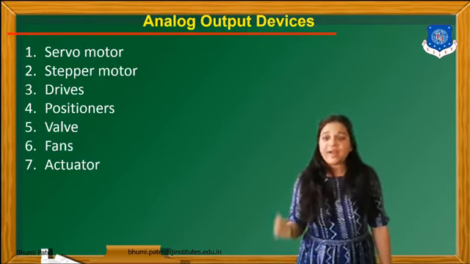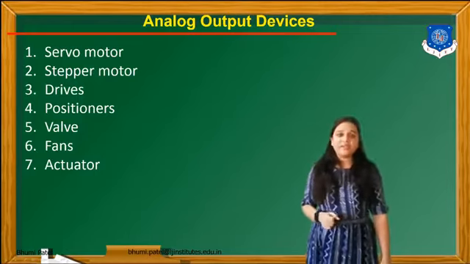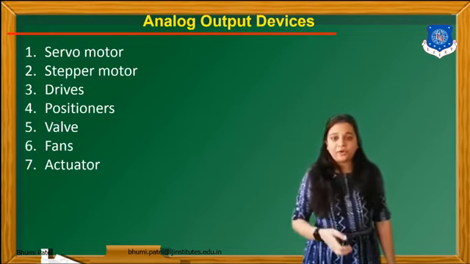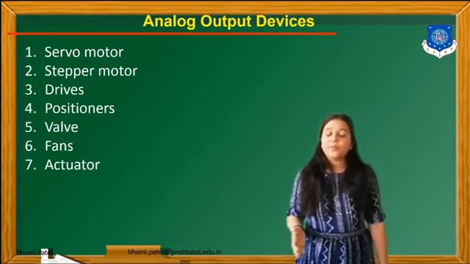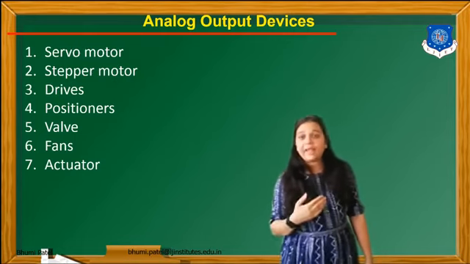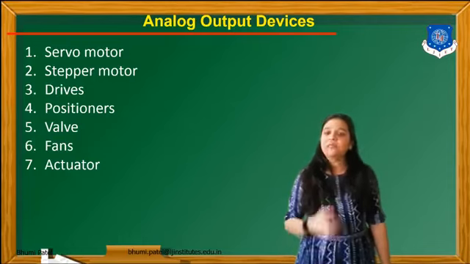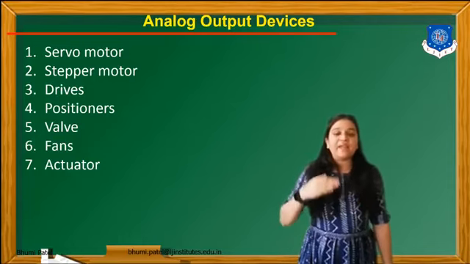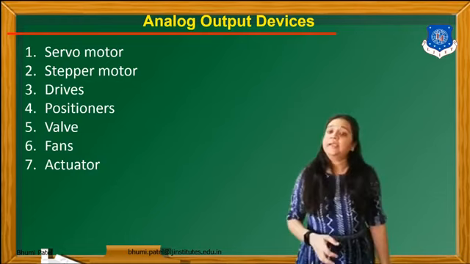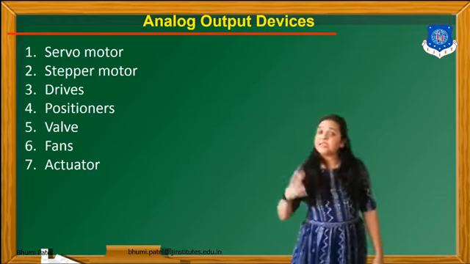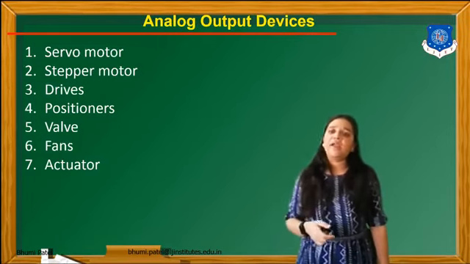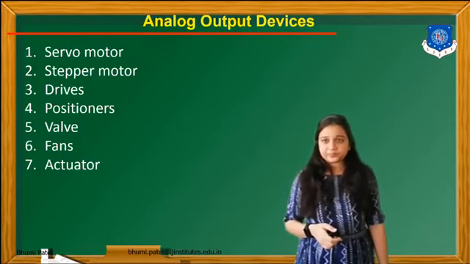Same like the control valve, we can connect the control valve with the analog output device, and we can turn on the control valve or turn off the control valve depending upon our logic. Suppose we have to connect the level controller, and we can take some tank. If inflow is there, we can close the outflow, or if the tank is full, we can open the outflow or close the inflow. That time we can connect the control valve as the input side as well as the output device. So this is some application that we have to use in the PLC hardware.